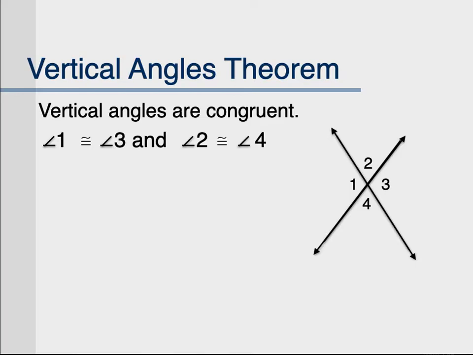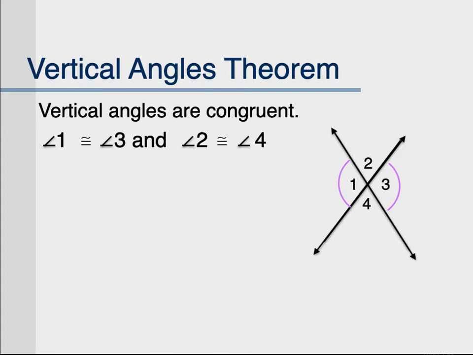The vertical angles theorem says that when you have two vertical angles, in other words, two angles whose sides are made of opposite rays, like 1 and 3 and 2 and 4, those pairs of vertical angles will always be equal to each other, or congruent. So when you look at angle 1 and angle 3, you can mark those congruent on your diagram because they're